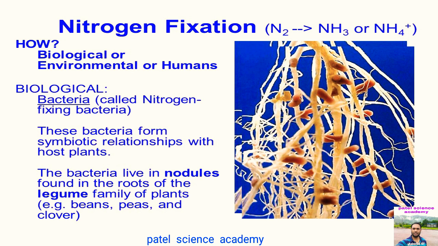Dear students, symbiotic nitrogen fixing microorganisms are, for example, Rhizobium bacteria, Anabaena, and Frankia. All these are generally associated with underground parts, that is the roots of the higher plants. As they are located in the roots of the plants, they are always in association with those roots, and that's why they are called symbiotic. For example, this Rhizobium bacteria.